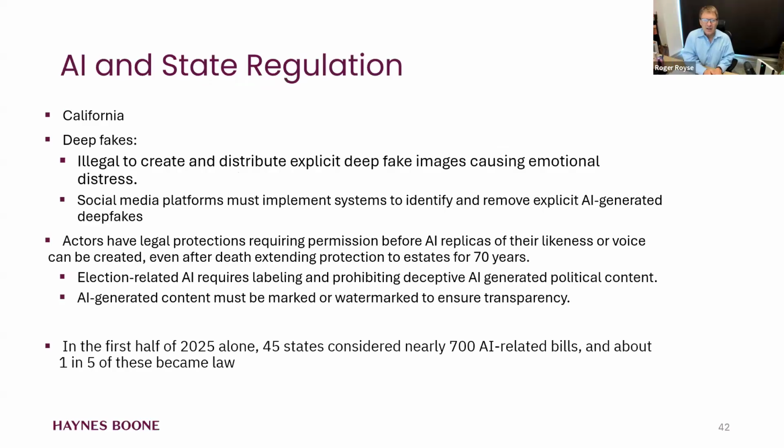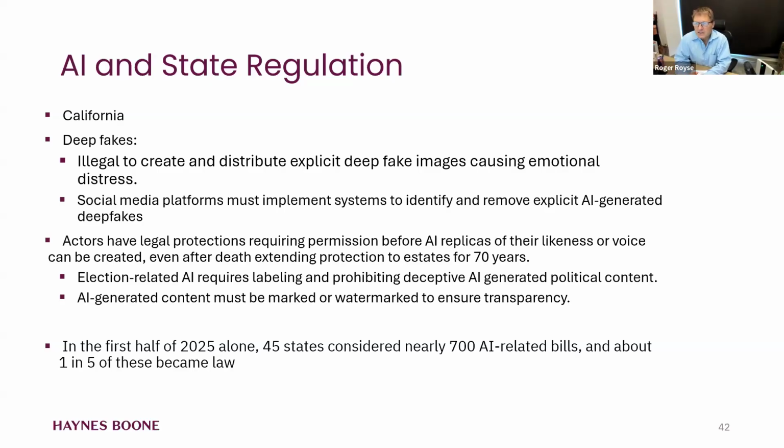So where does that leave us? It means that we can have federal and state regulation of AI. And as of today, 45 states are looking at nearly 700 artificial intelligence related bills. And according to about an hour ago when I last checked, about 1 in 5 of those have become law. So there is a lot of state law in this area. And in California, Scott Wiener has recently introduced a new AI bill that I'm sure you're going to hear a lot about. There's going to be a lot of debate about it. Again, it's a bill that imposes additional restrictions and responsibilities on the developers of AI.